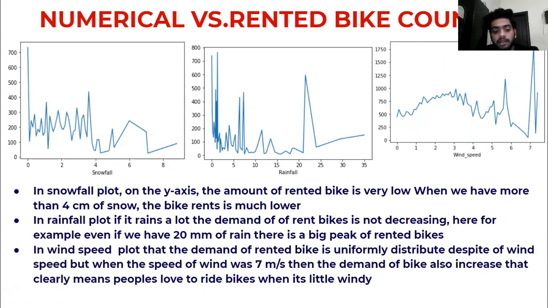For example, even if we have 20 mm of rain, there is a big peak of rented bikes. In the wind speed plot, the demand for rented bikes is uniformly distributed despite wind speed, but when the wind speed was 7 meters per second, the demand for bikes also increases. That clearly means people love to ride bikes when it's a little windy.